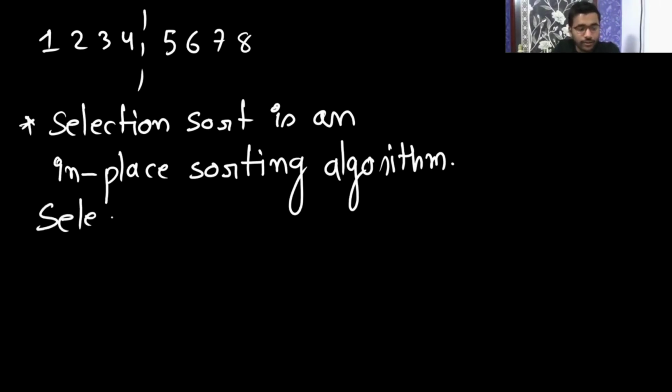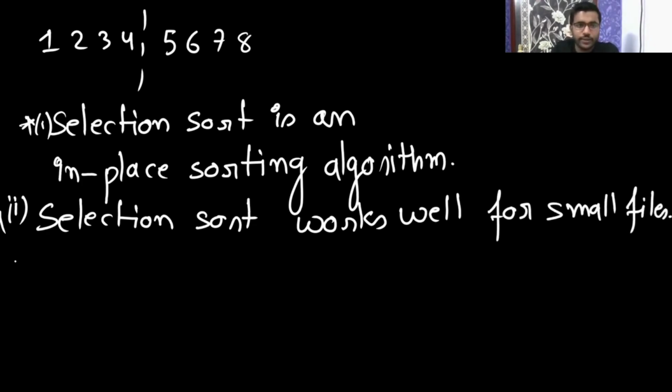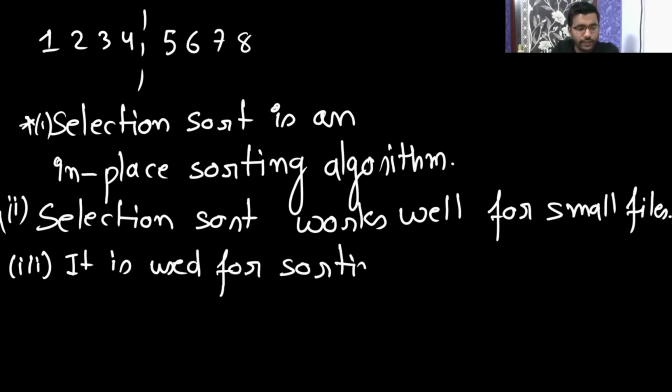So selection sort is in place; this is point 1. Now point 2, selection sort works well for small files. For a small file it is going to work well. It is used for sorting the files with